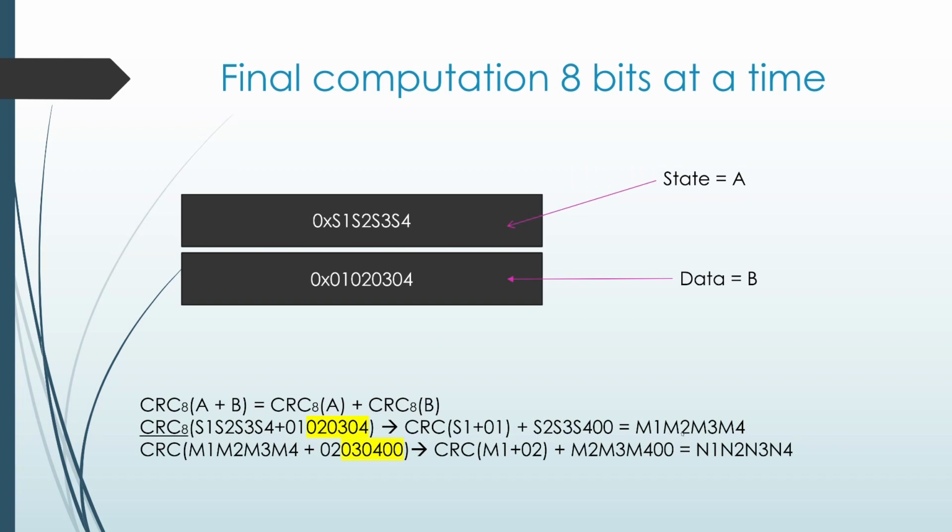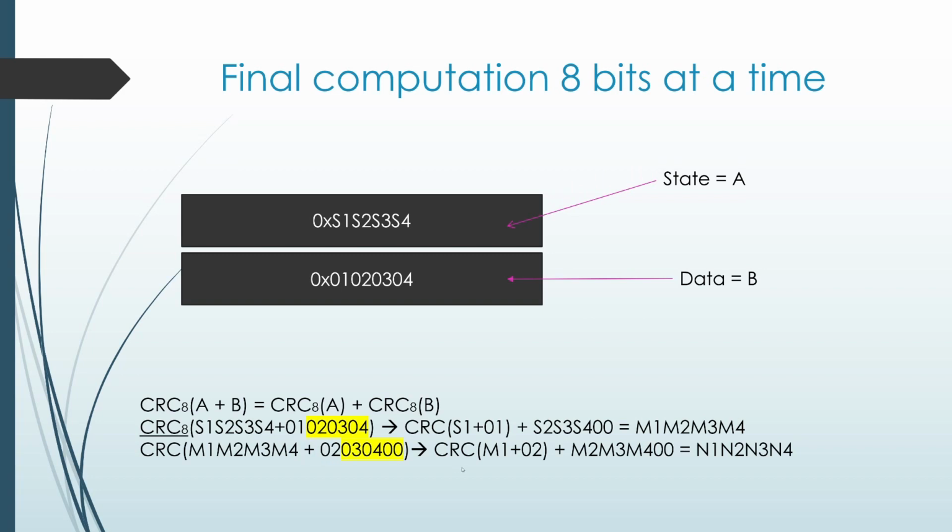Which will, let's say, give you M1, M2, M3, M4 as the net XOR operation. Now the state becomes M1, M2, M3, M4, and the data is now left shifted by 1. So 0, 1 is gone, and 0, 2, 0, 3, 0, 4, 0, 0 is now your next thing. So apply the same logic. Ignore 0, 3, 0, 4, 0, 0, and assume that you have just 0, 2, 0, 0, 0, 0, 0,